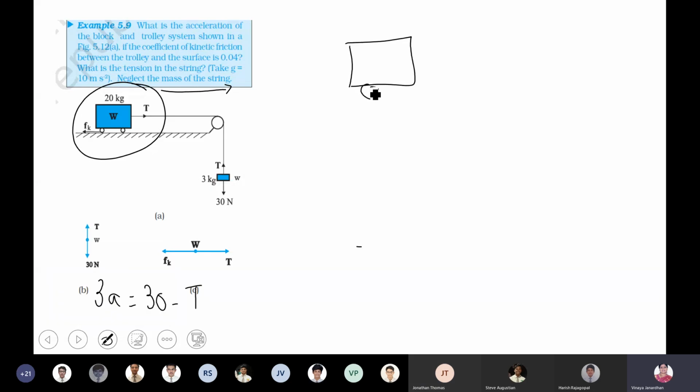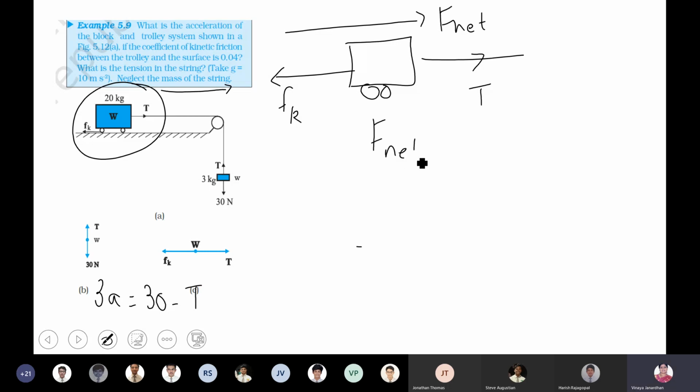Now I'm drawing for the trolley, boys. You have frictional force acting opposite, then tension over here. What will be the net force? F net must be equal to tension minus frictional force, because the body is moving in the direction of the tension, so T should be greater. Now what is the mass of the trolley? This is M into A, mass of the trolley, tension minus frictional force. I told you for any frictional force, it is the coefficient of friction and the normal reaction.